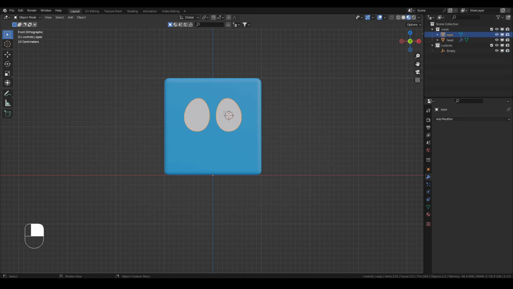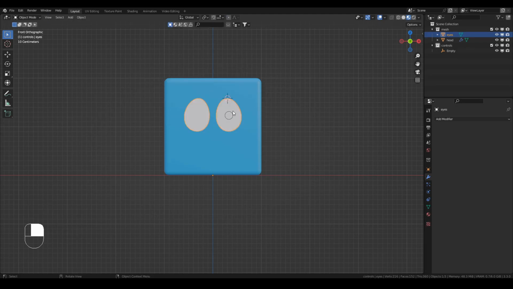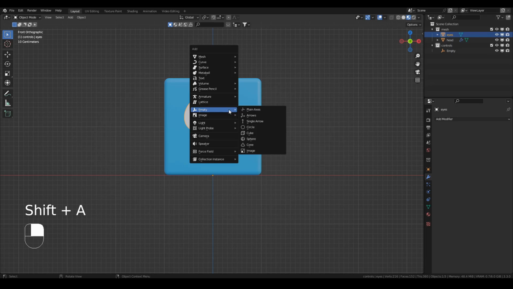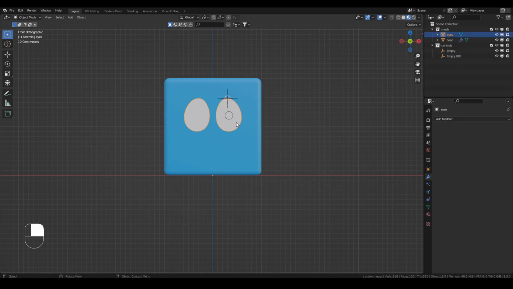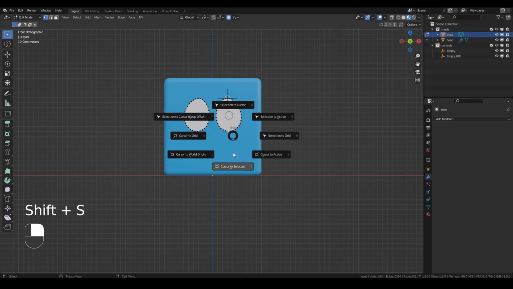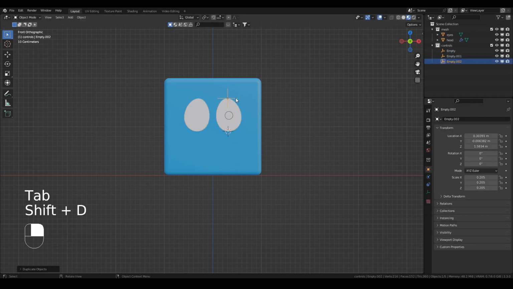And then click back on the eyes, Tab into edit mode, 1 for vertex select, I'm going to select this vertex, Shift S, cursor to selected, back in object mode, Shift A, add an empty, and I guess this has to be the plane axis one. And scale that down as well. And then back on the eyes, Tab, edit mode, select the vertex, Shift S, cursor to selected, and now I'm just going to duplicate this one, Shift D, and press Shift S, selection to cursor. So now I've got two equally sized